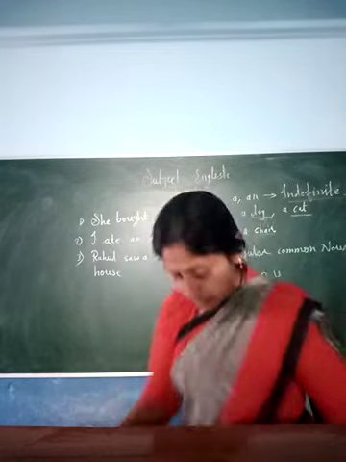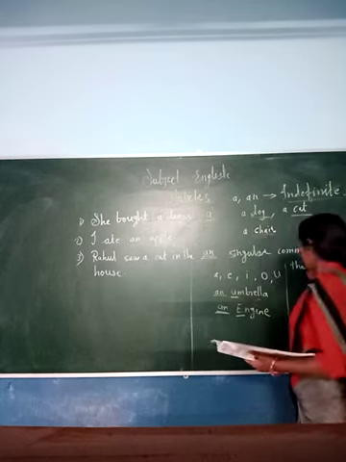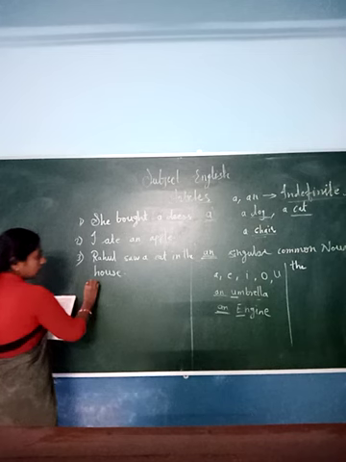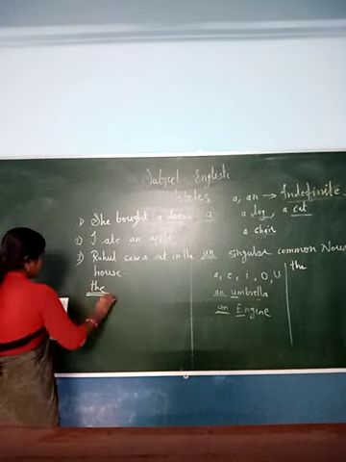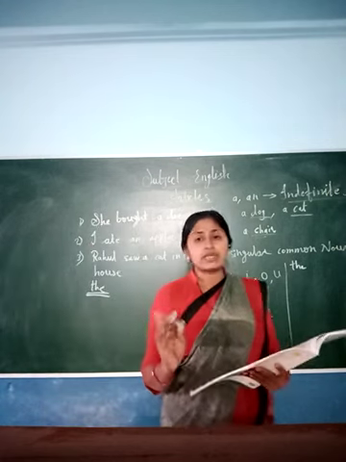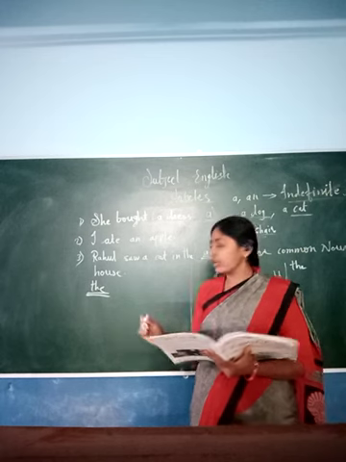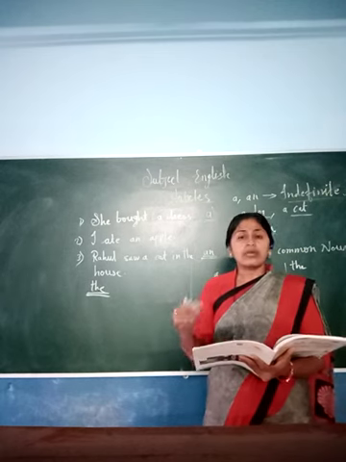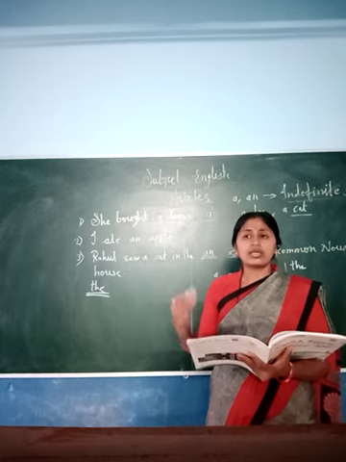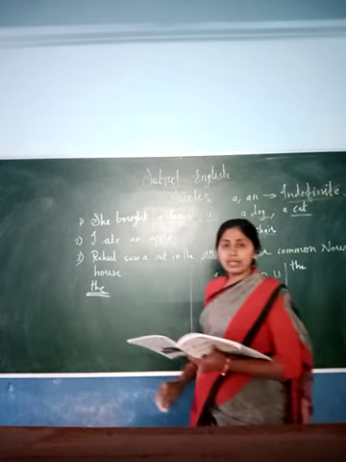I am writing here on the next side. The is the definite article. We should use it to refer to a specific thing, specific person or specific place. We should use the. It shows a particular thing or particular place name, particular person's name, and that time we have to use the article. For example,